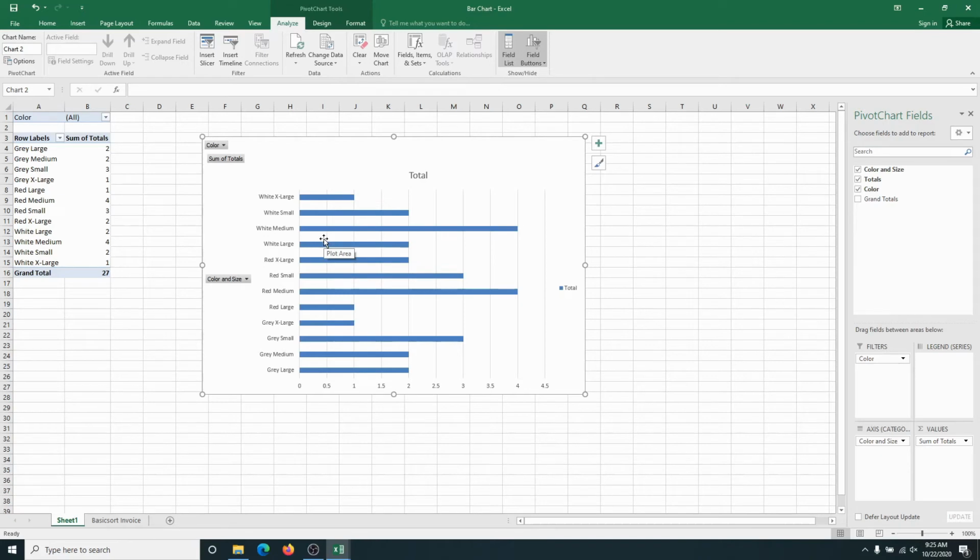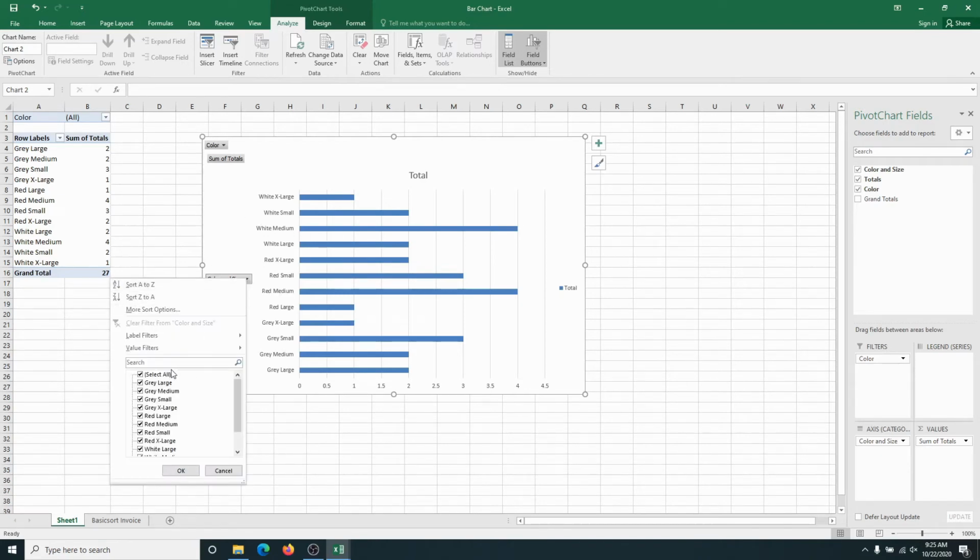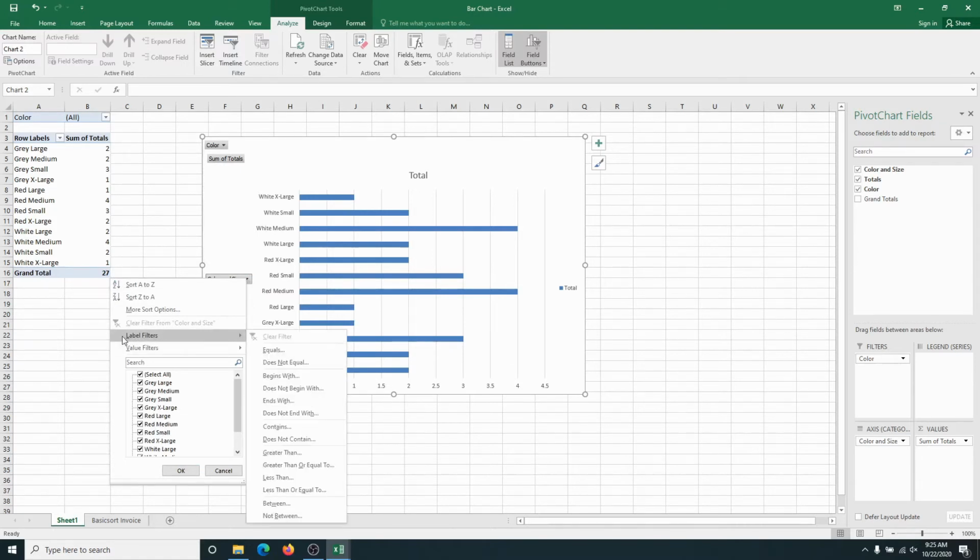So what we would do is come back to color and size. Instead of using these checkboxes here, we can come to this line here that says label filters, and this arrow means there's an expanded menu. So we have all of these options that we can choose from to determine the parameters of the information that will be presented. So under label filters, we can come down to the word contains,